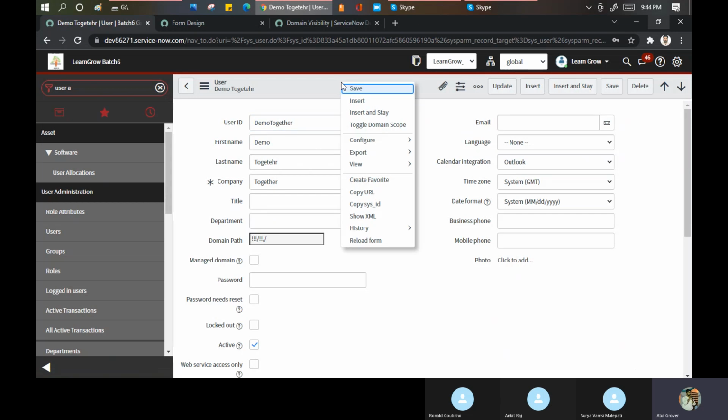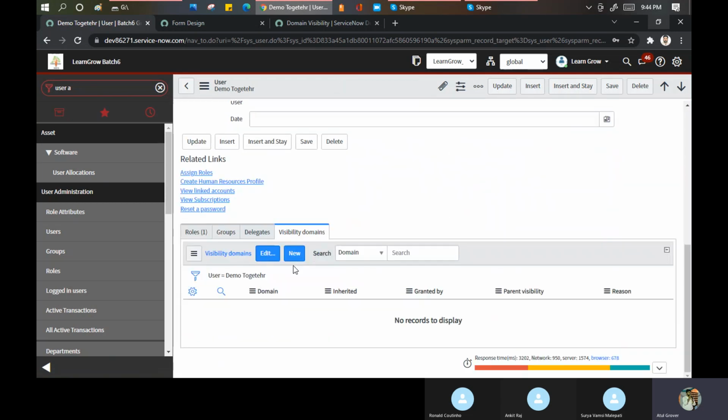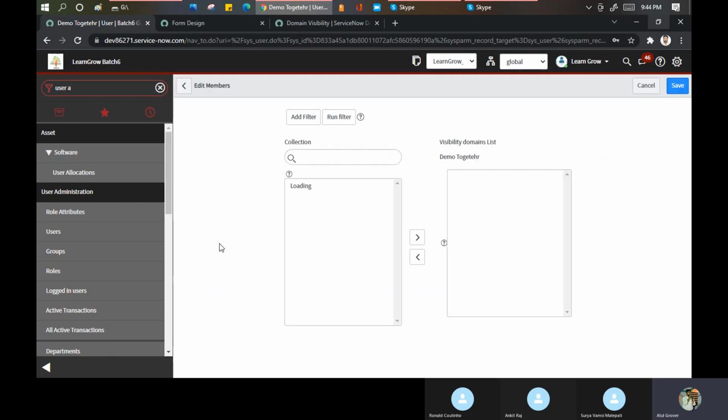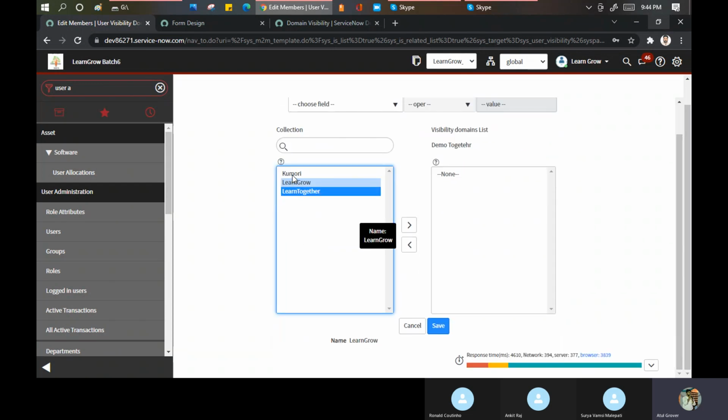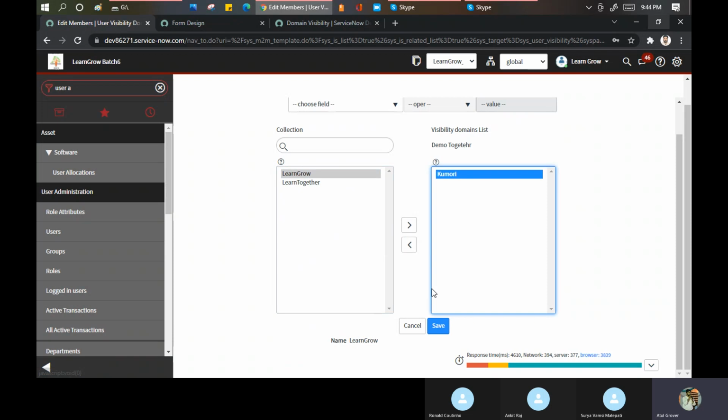I'll show you. Now go to the visibility part. Click on edit. Let's see if any data is loading or not. See, now I'm able to see this part. So now I can give visibility to this and this domain as well. This one they already have access to, so I'll give it for both, and save.